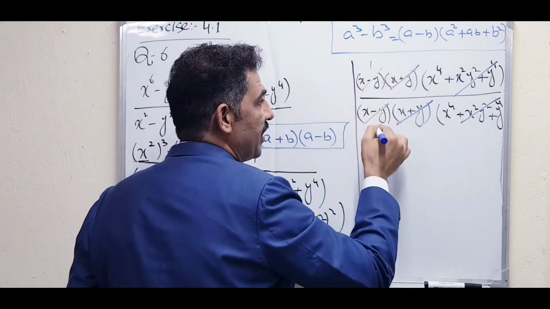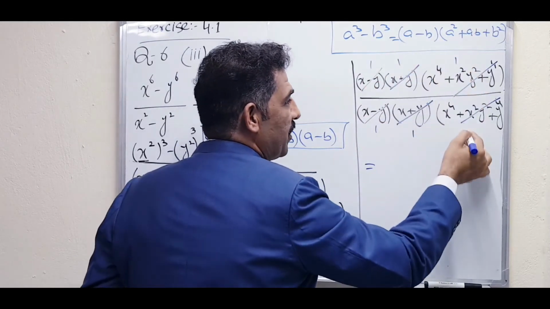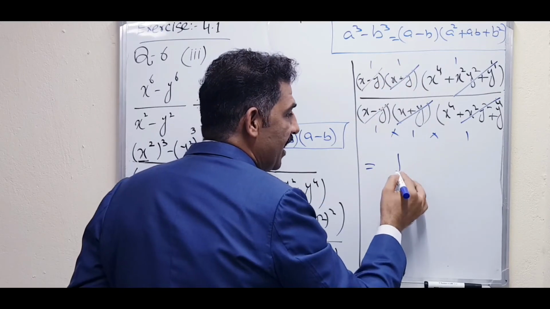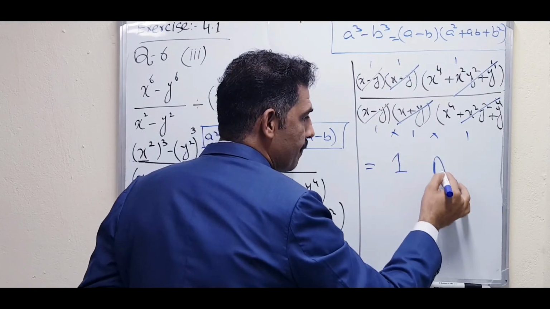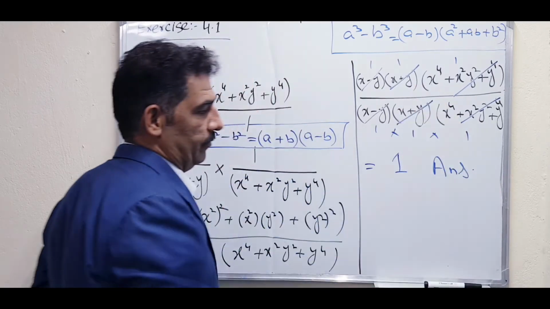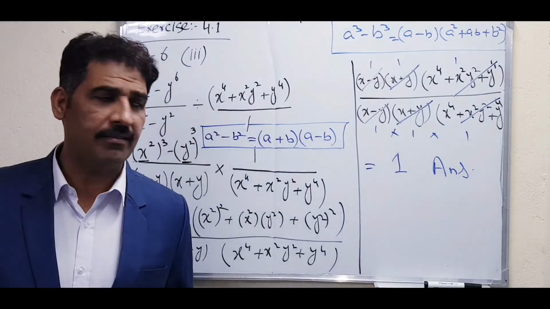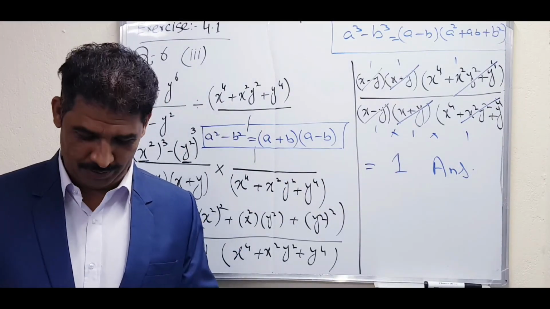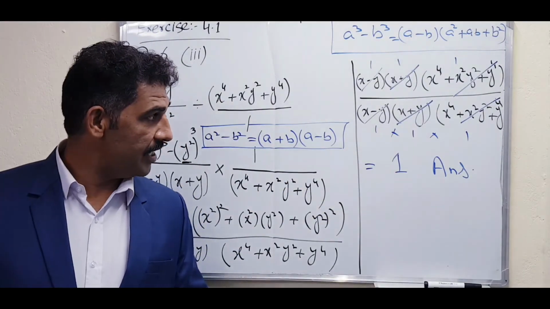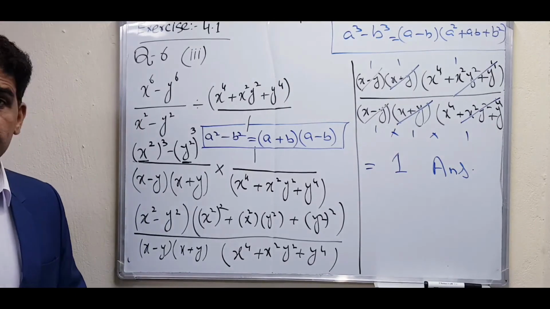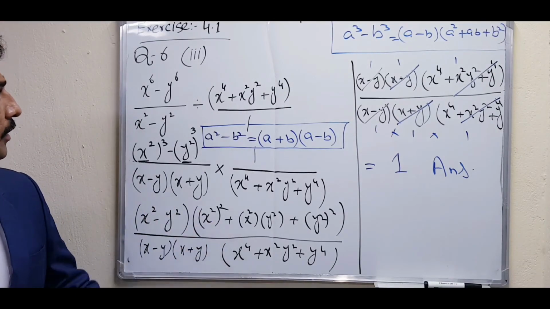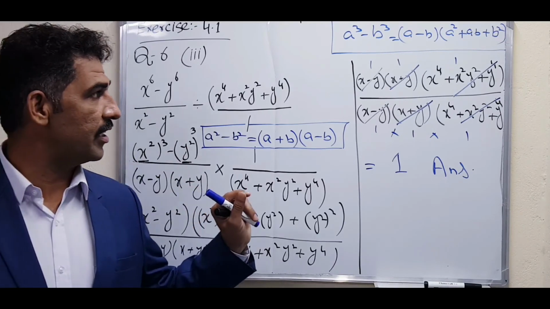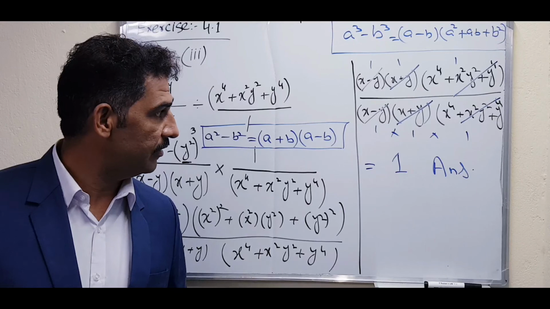So what is remaining? Because we cancel by the 1. Don't write 0, because some students write 0 even though the sign of multiplication is between them. So the final answer is 1. Hope all of you understand. Because it looks very difficult, but what is its answer? Simple, 1. Okay. After this, we will solve one more part of this question which you feel is difficult. So I am going to explain that one. The next question.